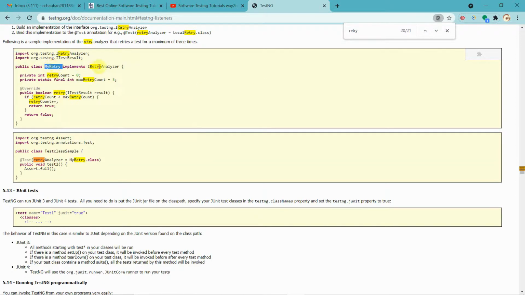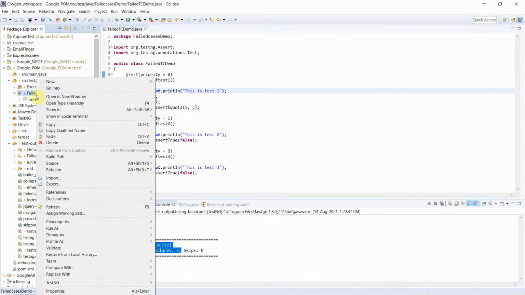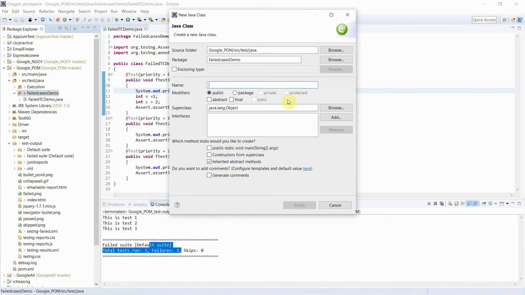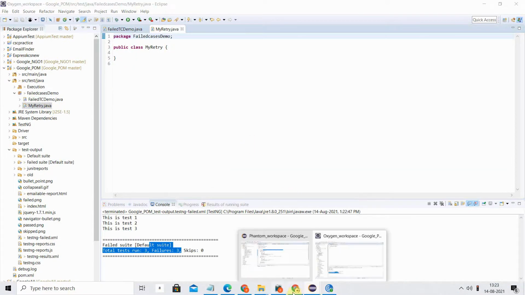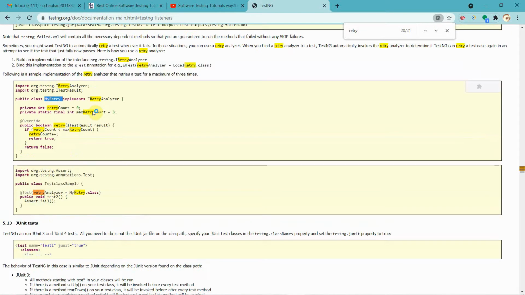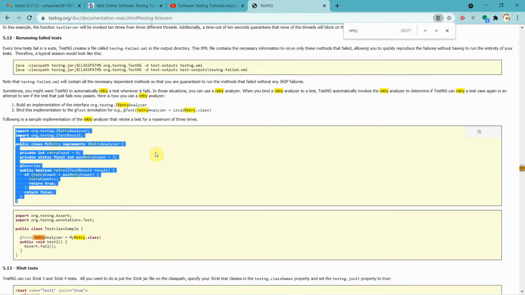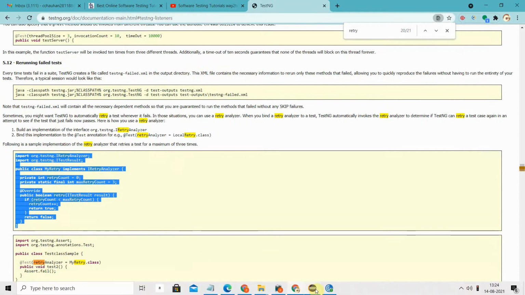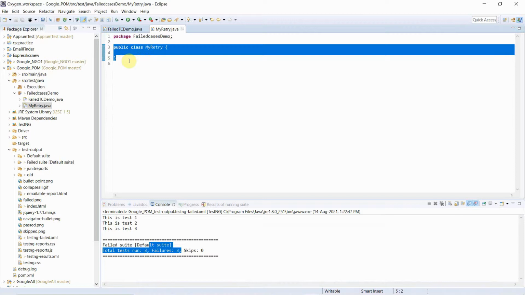So you can say, yes, I have utilized the IRetryAnalyzer. I will just copy this class name and create a class. You can say in my framework I have a class, its name is MyRetry or any name, and it implements IRetryAnalyzer. So we are implementing the interface IRetryAnalyzer to execute our failed test cases.